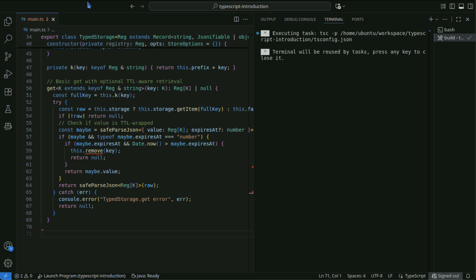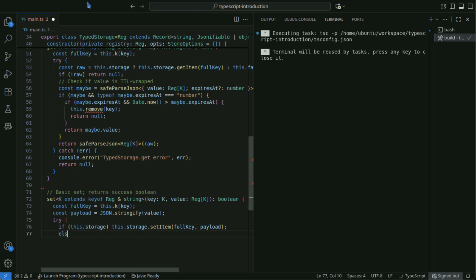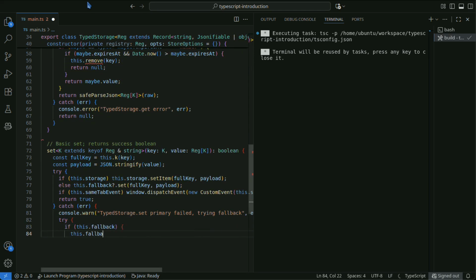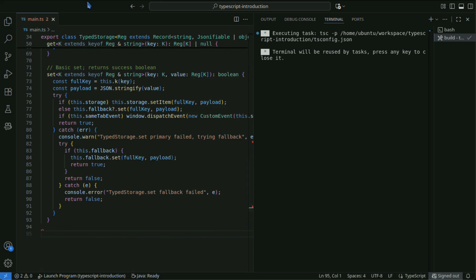The get method retrieves the value for the specified key in a type-safe way and can optionally handle values with a TTL expiration. The set method saves a value under the specified key and returns a boolean indicating whether it succeeded.